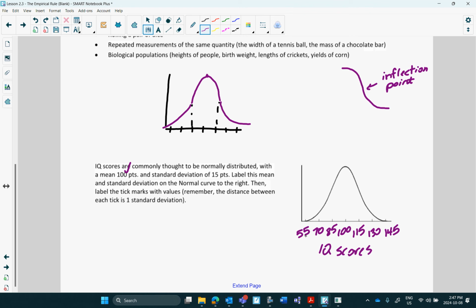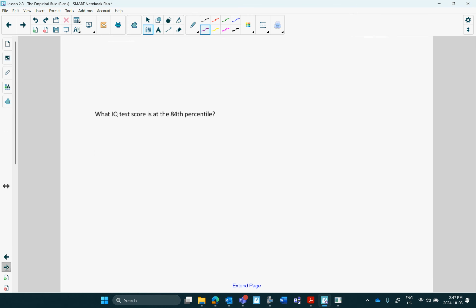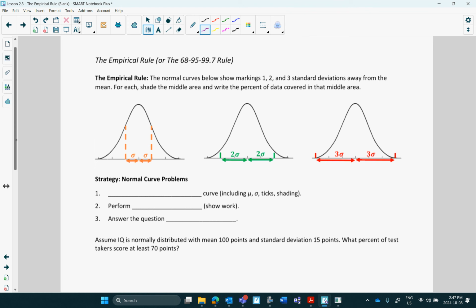The last thing I want to talk about with these curves today is, within a certain number of standard deviations, a certain percent of the data values are within. So what do these three things mean? What this means, and we call it the empirical rule, or the 68, 95, 99.7 rule, because those are the numbers that we're going to use. What that means is,